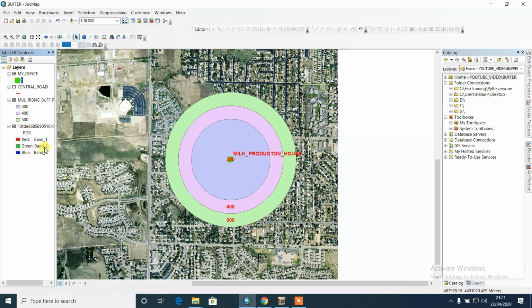In this way we can use the multiple ring buffer to analyze real-life things. By line we get the same kind of output, but it depends on which person you are analyzing for and for which purpose you have to use it.